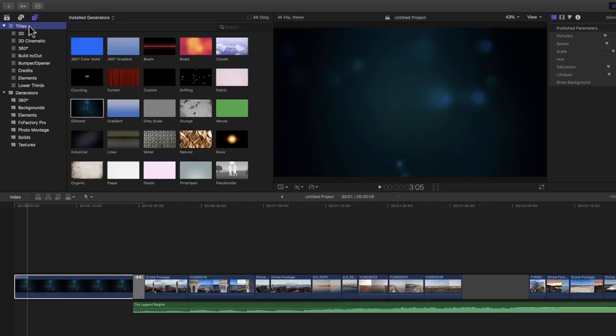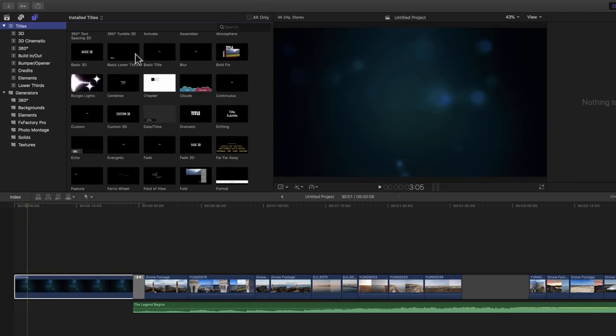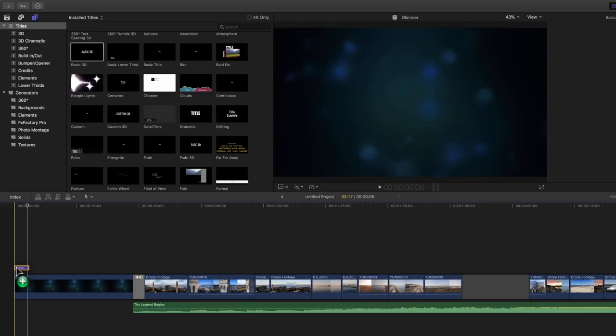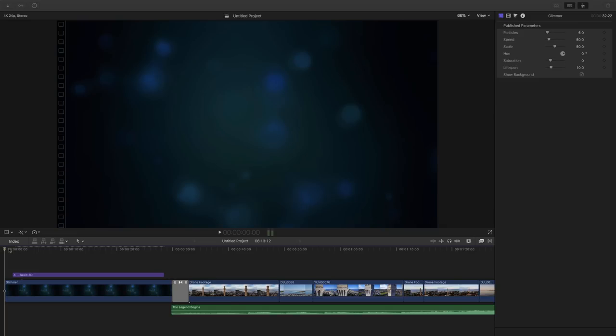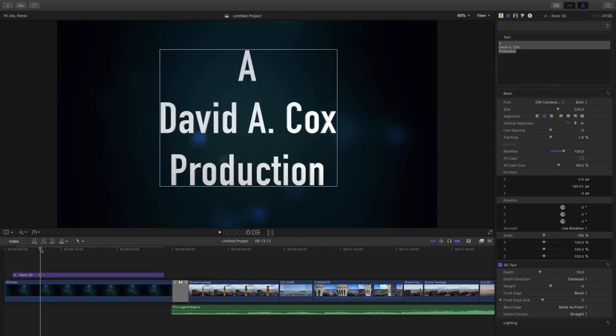Then I'd have to go back up here to titles and grab whatever title I really did want, and then drag it over and lay it on top of that layer. Another thing I want to go over about this is rendering. So here you can see I've swapped out the generic text with just my name, and